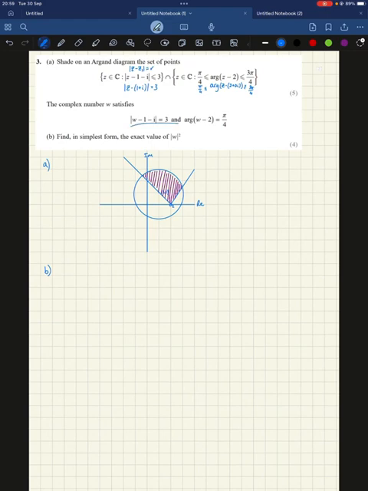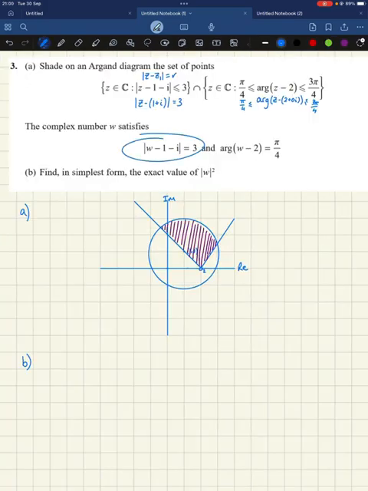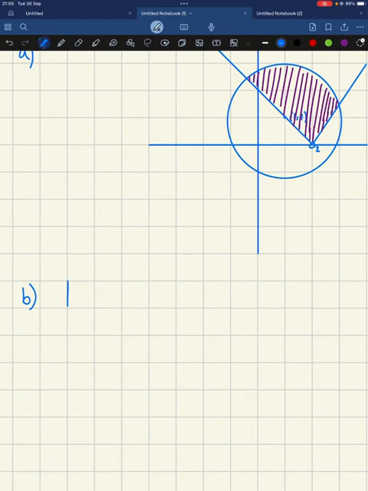The complex number w satisfies this. Again, notice it's the same except in terms of w, and we haven't got an inequality. And now this is different. We've still got something minus 2, but this time it's equal to pi by 4, so it's similar. Find in the simplest form the exact value of the modulus of w squared. Okay. Right, well we know that this modulus, in the form of w minus w1, is the modulus of w minus 1 plus i